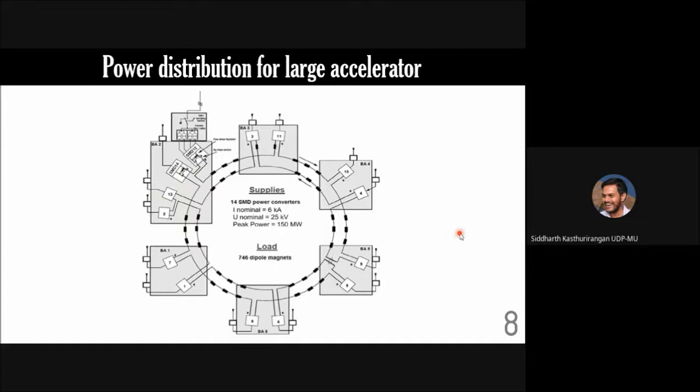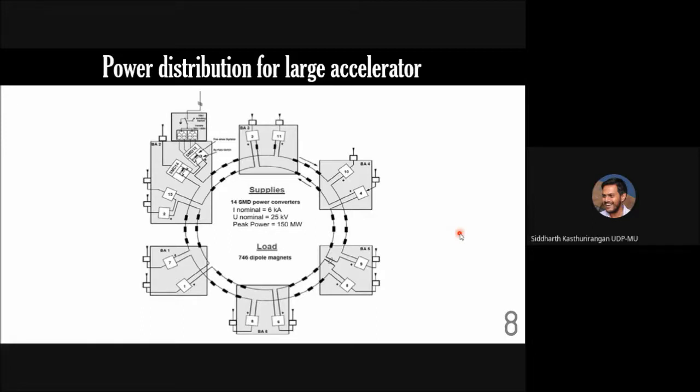The UPS is connected only to the vacuum pumps and a few other essential components like the control unit and so on. So that if the power fails from the main grid, there is a power cut, at least your accelerator is on. The accelerator will go off when the beam shuts off, but the accelerator beam line is still in vacuum. The vacuum pumps are still running.